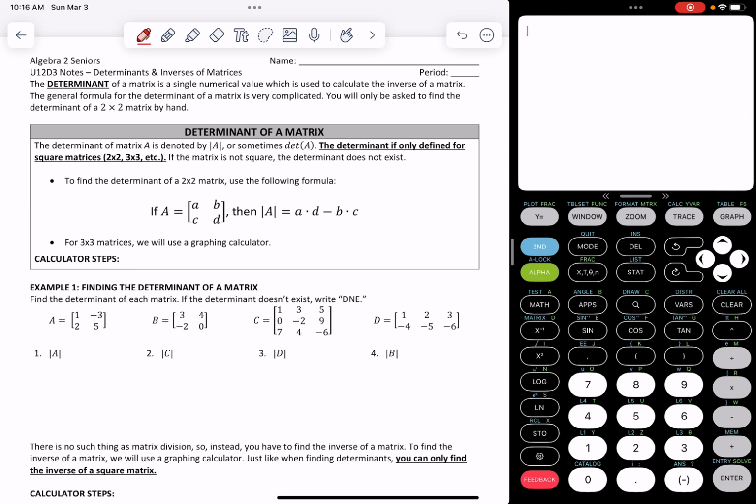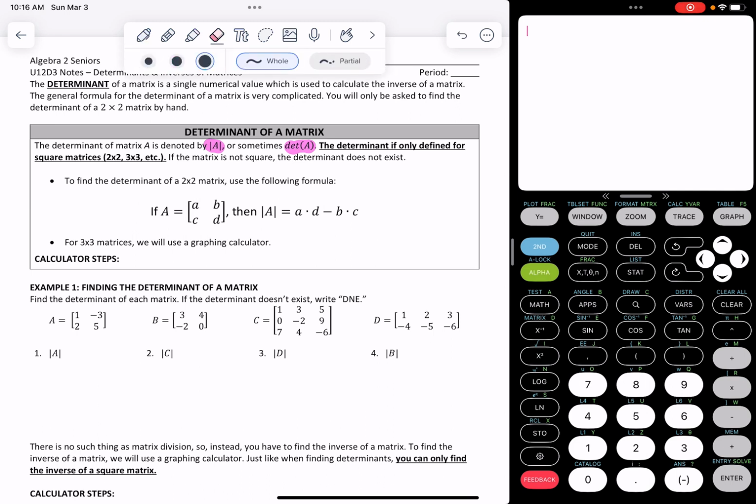So the determinant of a matrix is denoted by this symbol right here, kind of looking like little absolute value bars around A, or you may see determinant of A, something like that, okay? So the determinant is only defined for square matrices. So a matrix has to be 2x2, 3x3, 4x4, 5x5, and so on, in order to be able to find the determinant, okay? So for a 2x2